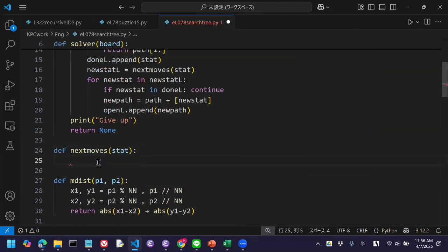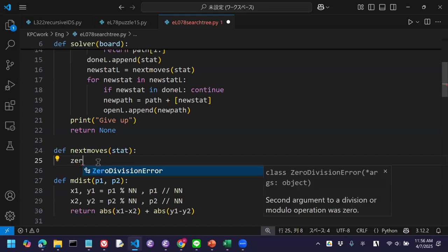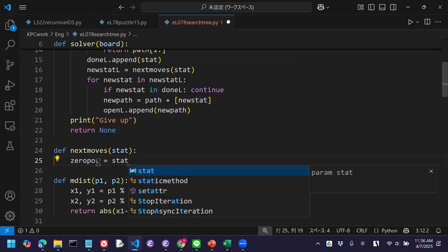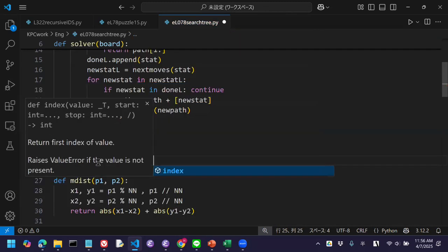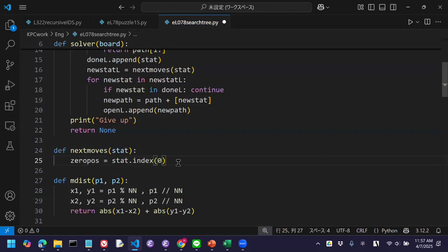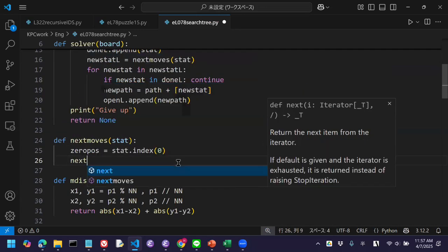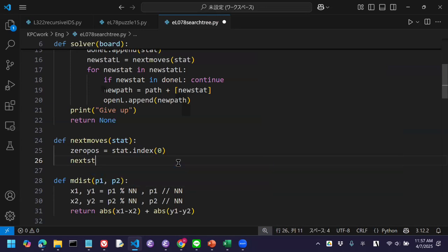Okay, so first let's find out the position index of the empty state. This will print out the index of the empty panel. And then maybe prepare an empty list,